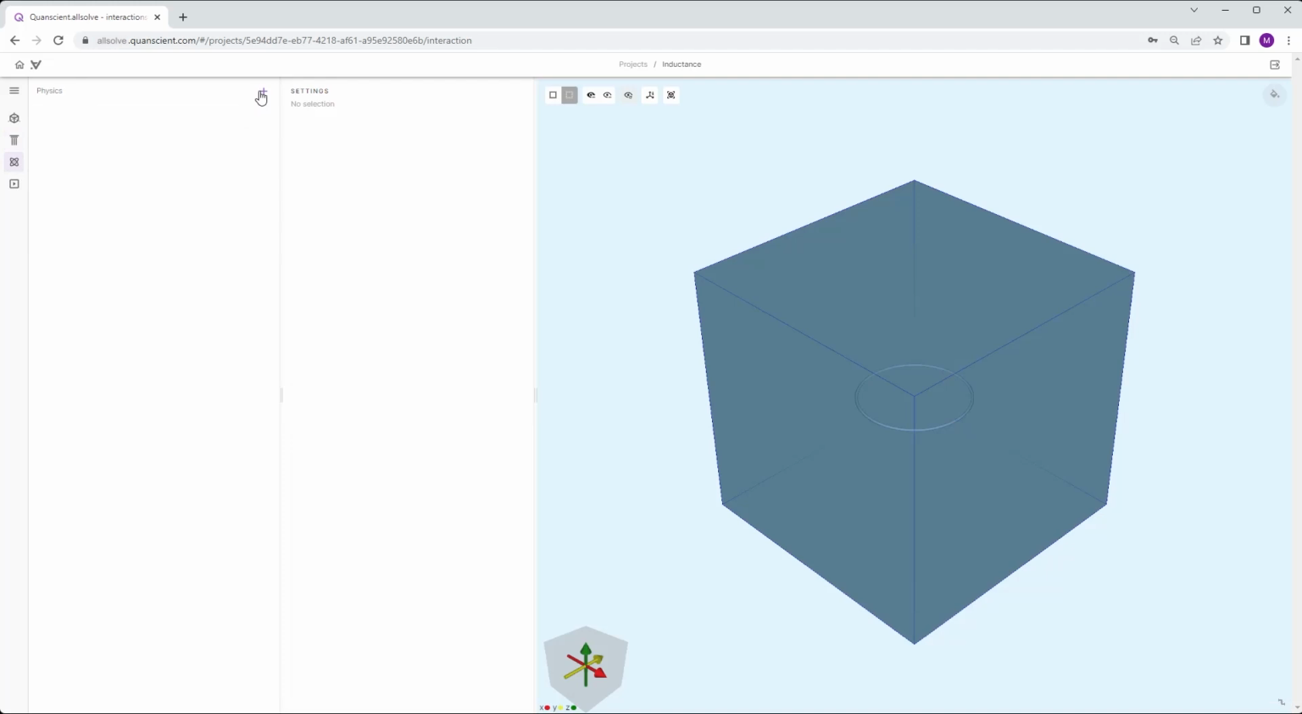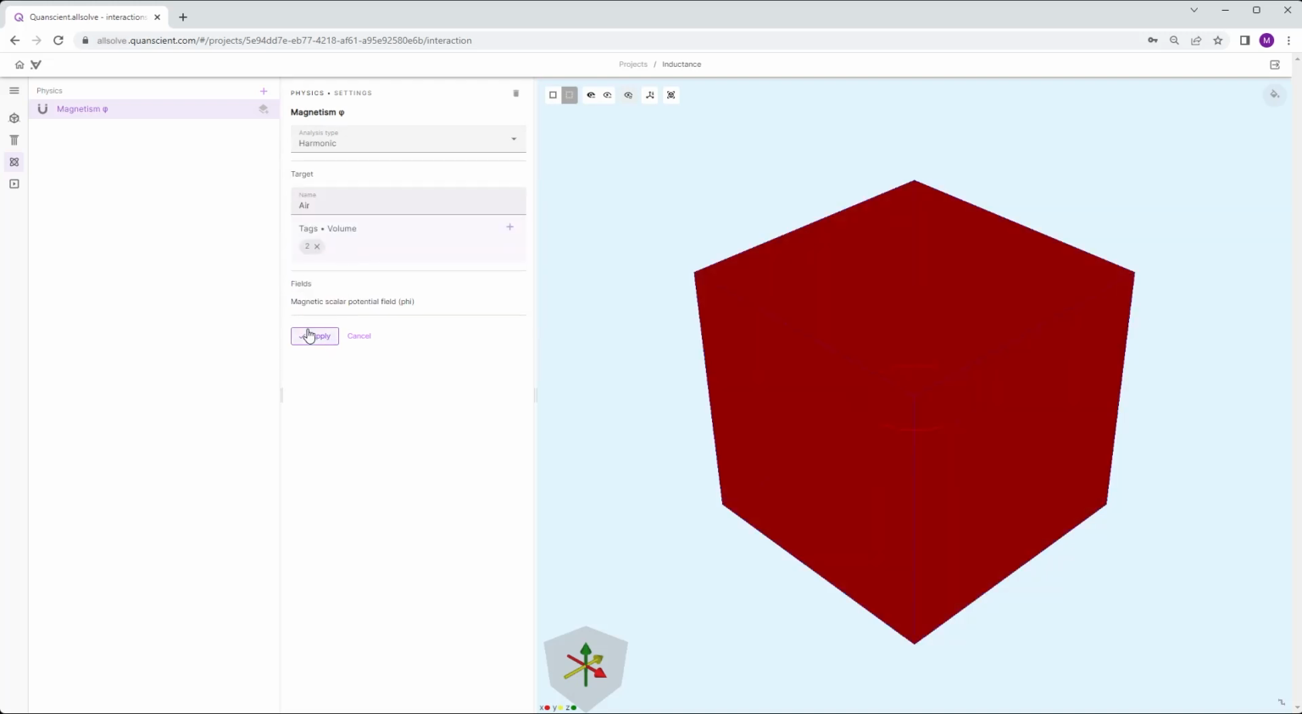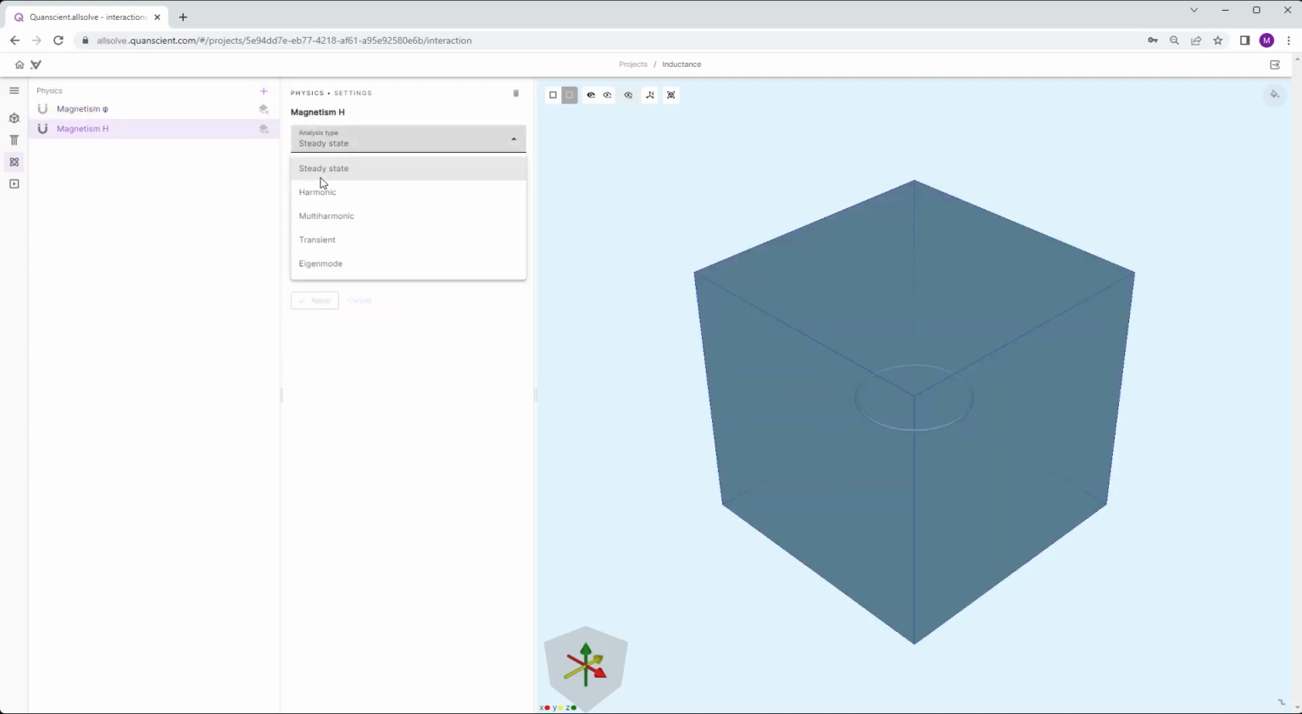We're going to use an H-phi formulation, so we're going to take phi harmonic, and the phi formulation is going to be used for the air region, and then we're also going to take H harmonic, and this one's going to be applied for the copper region. We need to set the coupling,